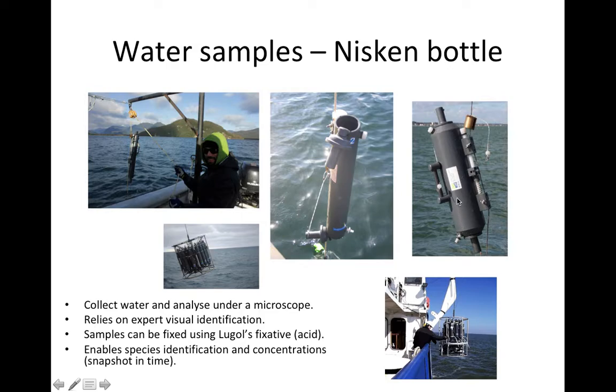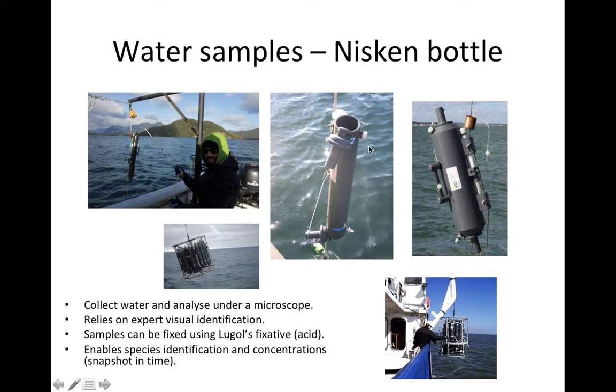You lower the whole bottle down to your depth of interest, and then you run this. It's called a messenger. You drop this weight down the cable, and it hits this white spring-loaded release here, and this snaps the top and bottom of the bottle shut,